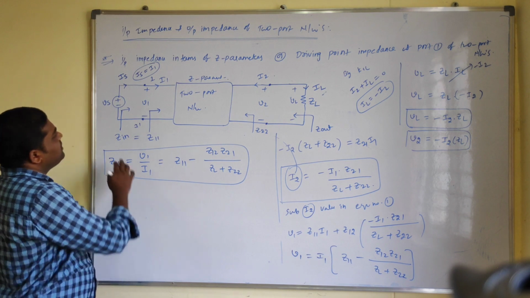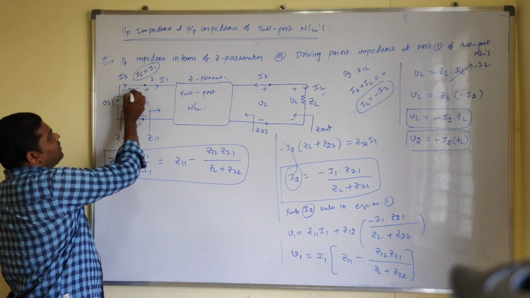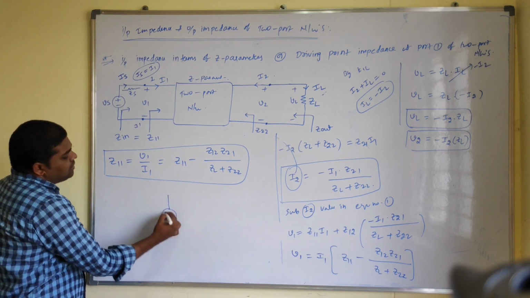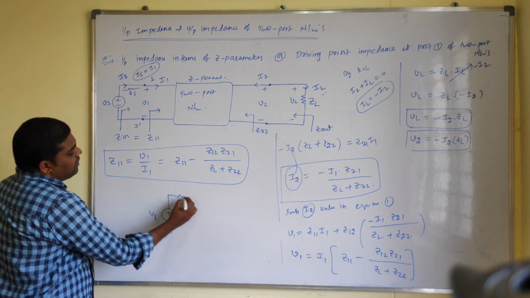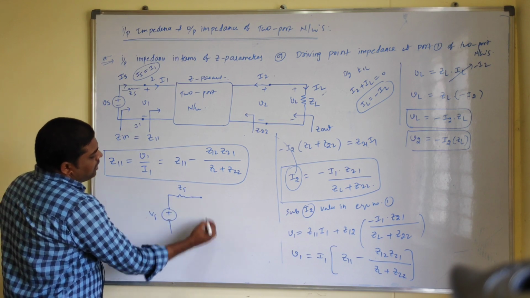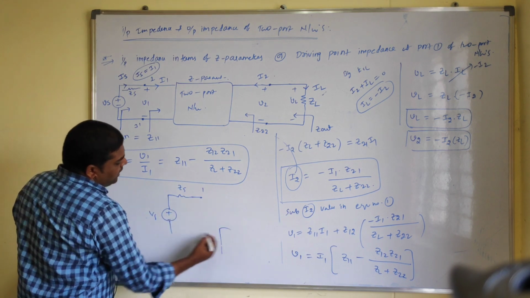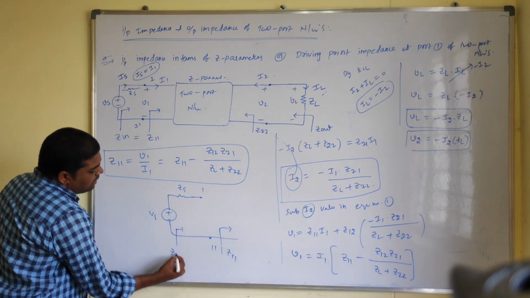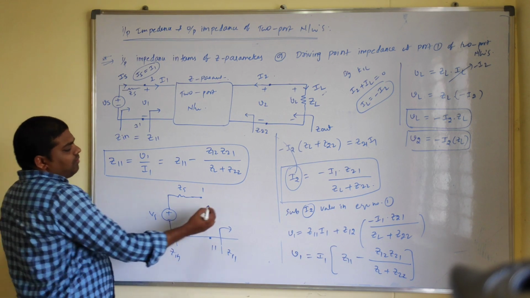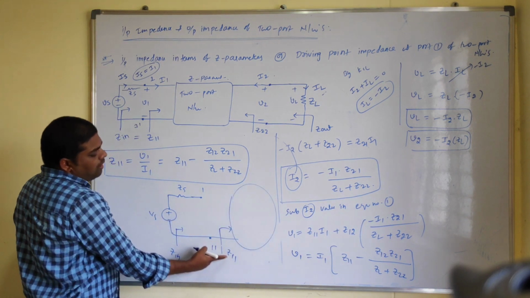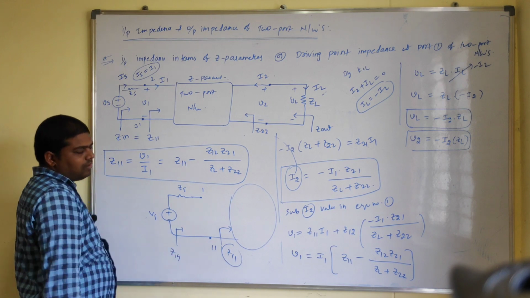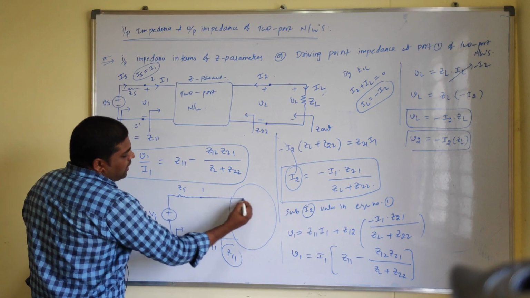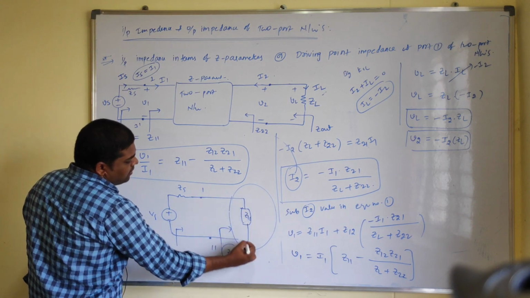In other words, for example, if you have a certain impedance here, just indicate that as Zs. It looks like this: this is the voltage source Vs, and here we have a certain Zs element. Here we have terminals 1 and 1 dash. Here you indicate Z11, and here you indicate Zin. For this entire network, you already calculated the Z11 value. That means you just remove this entire two-port network and replace it with a certain resistance value, that is Z11.